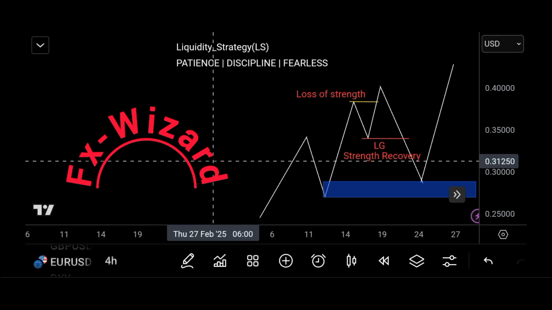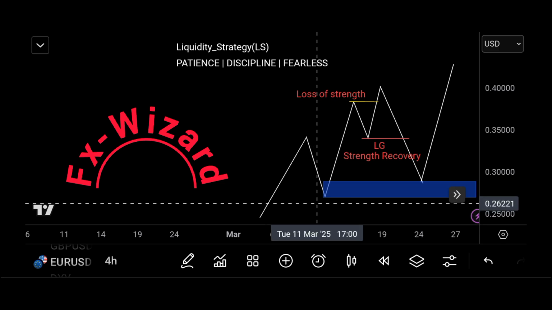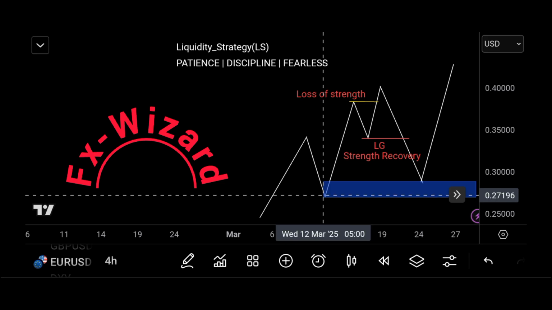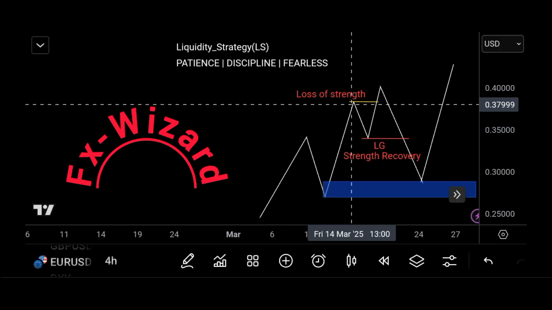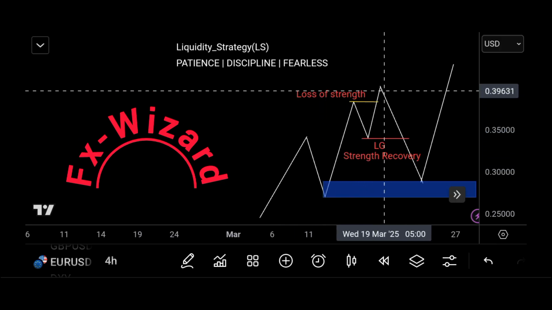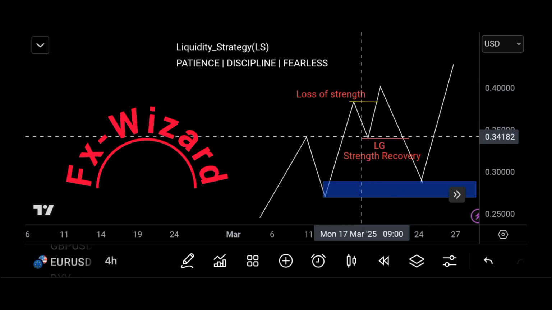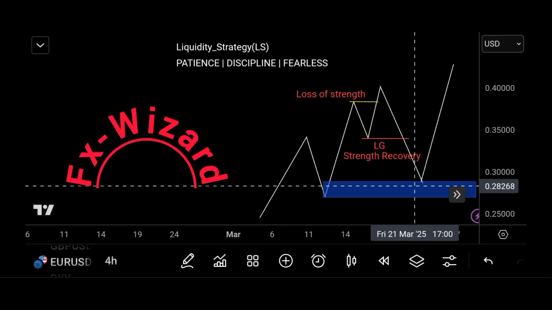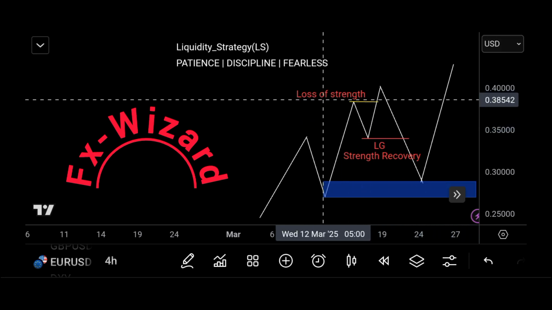As you can see guys, everybody on this YouTube knows what's higher high, higher low, and lower high, lower low. So let's just get started. From here we have a higher low, then a higher high, then a higher low, then a higher high. So why did this market break this recent higher low, bounce at this demand zone and continue pushing up? Why? It is because we have a loss of strength,